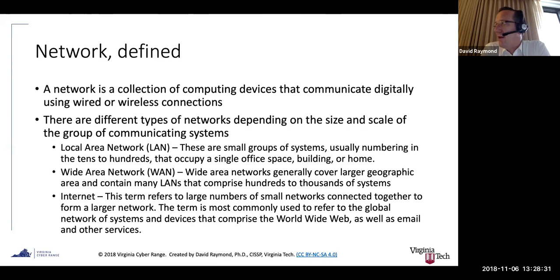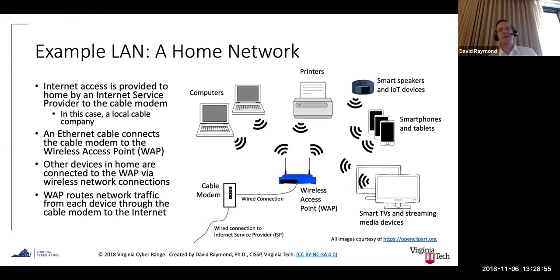But the most obvious example is the worldwide internet that essentially connects countries around the world together, and it gives us access to the global World Wide Web and email systems and all that kind of stuff. So just some basic definitions. Now we'll look at some examples of some of these different kinds of things.